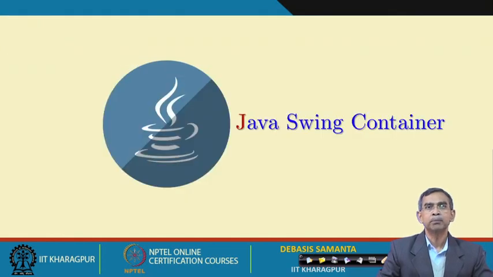So, this is the JViewPort, and then I will come to the container class there. As you see, this is the component. There are so many components we have covered in this module as well as in the last module. So far as the container is concerned, there are 3 things: frame, panel, dialog box, and one more container is also applet.